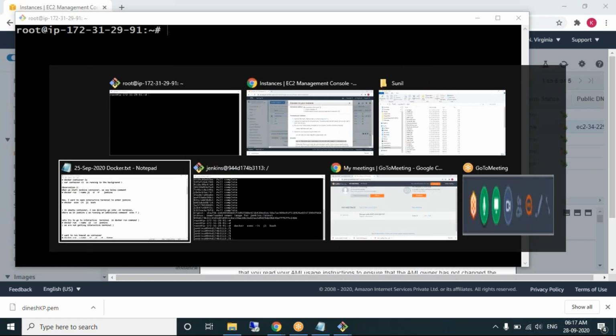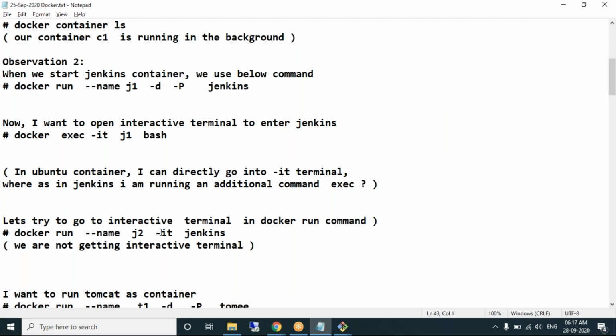Please look at this. What I'm trying to do is use the -it option, interactive terminal. It will run successfully for the Ubuntu container. But if you try to create a Jenkins container and at the same time enter into the Jenkins container, please observe what happens.